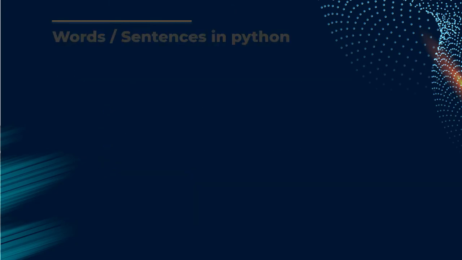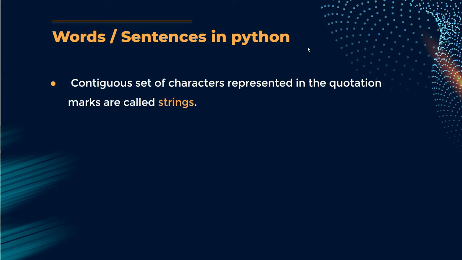And we also have words, sentences, or alphabets in Python. So how can we define a sentence or a word in a simple manner? A sentence is a contiguous set of characters. Character is a data type which represents alphabets in a programming language. Though Python doesn't support characters, characters are supported by C, C++, and those traditional languages. A character can be used as a replacement of an alphabet. So it is a sequence. A word or a sentence is a sequence of characters, a sequence of alphabets.